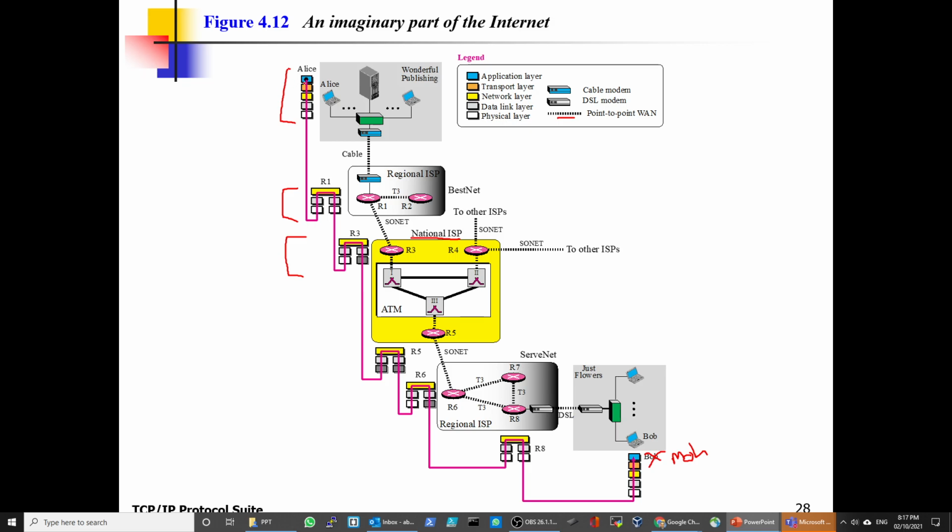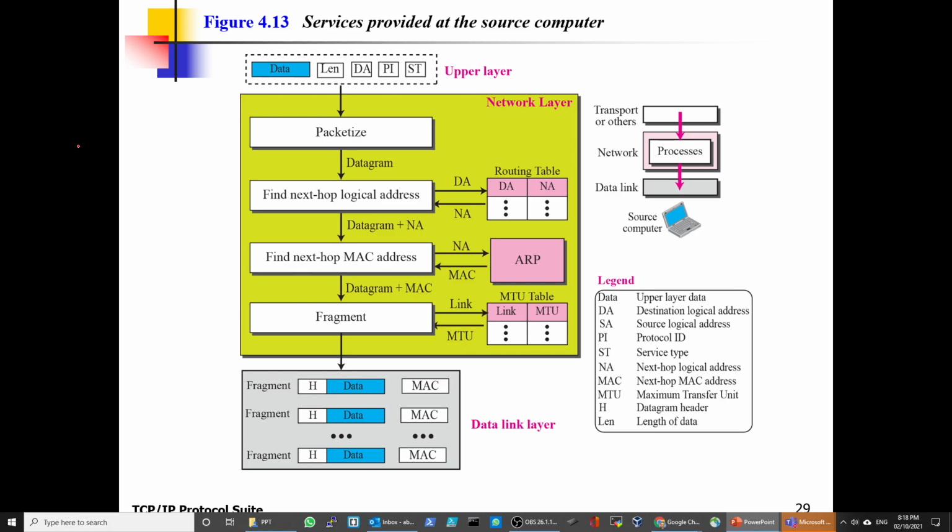Let's take a look at the IP address. The IP address will never change from here to here. The IP address in all the packets, as a source in here, will be the same all the way until it goes to the destination. What will change? The MAC address. Remember we explained that? The MAC address source and destination will change at each hop. How about the port? It will be the same access port all the way. So the MAC address will change, and the IP address will not change until the end.